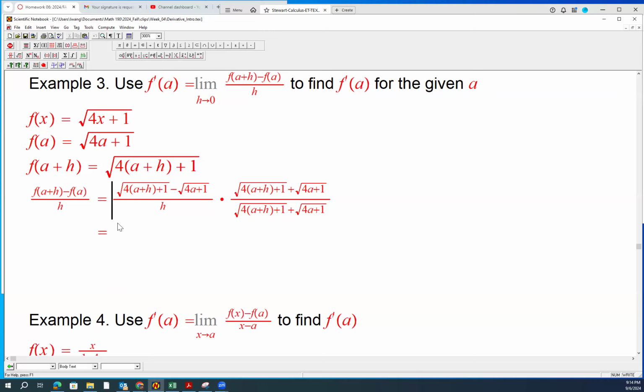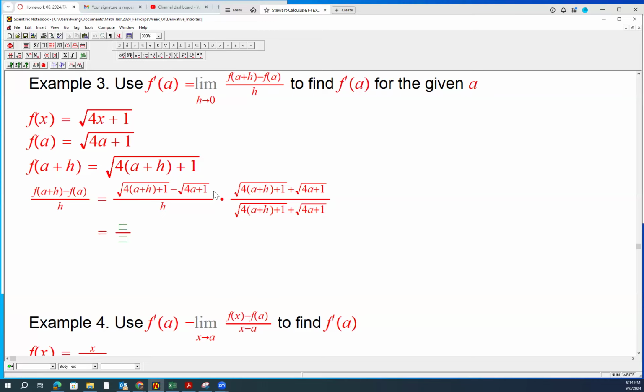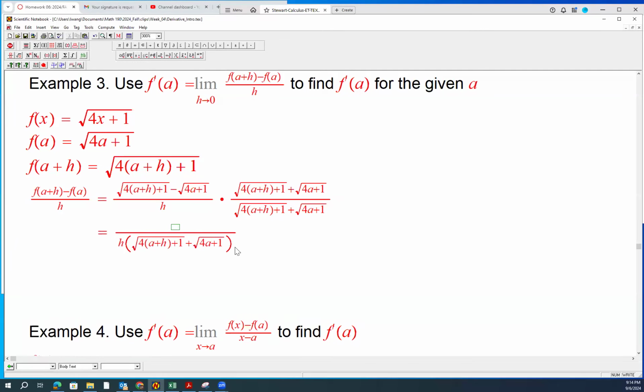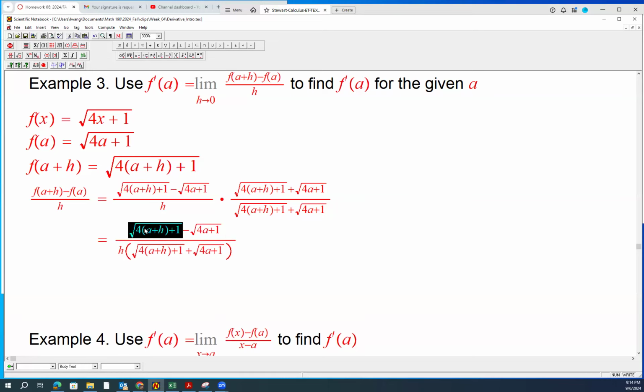The denominator is going to be multiplying the denominator. So don't try to multiply out. Just leave it in the parentheses. The numerator is a minus b times a plus b. So it's simply just going to be this piece squared,